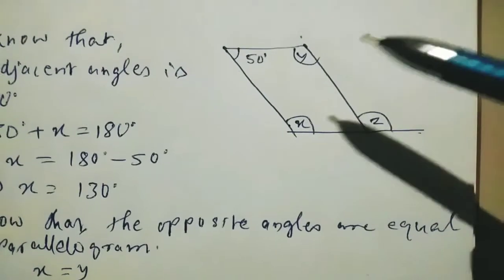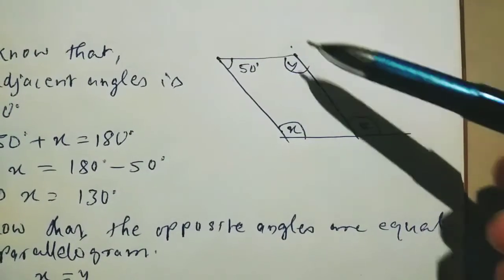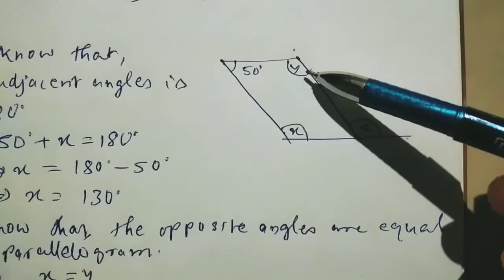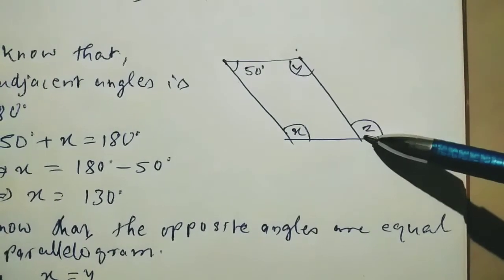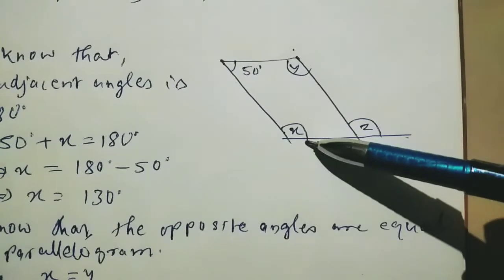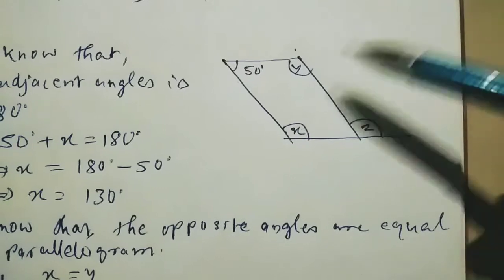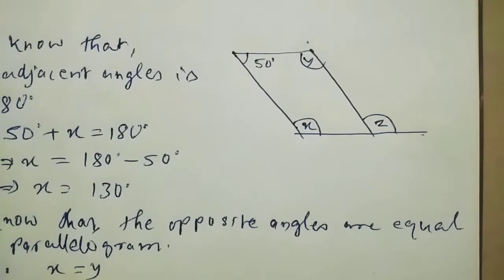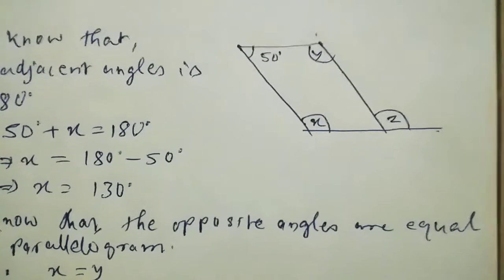Or we can say like that also, this line is parallel to this line and this is the transversal line. So alternate angles are equal to each other. So y is 130, z is also 130. Or you can say x equal to z, because corresponding angles are equal. So x is 130, z is also 130. So many ways are there to solve this type of questions. Many ways. Okay, many properties you can use.